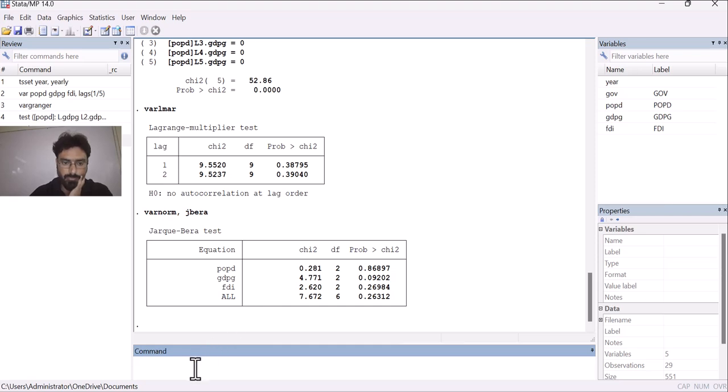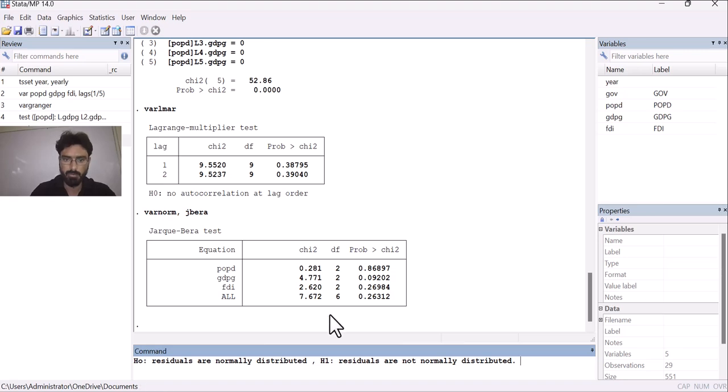So what is the H naught and H1? First of all, we have to make the null and alternative hypothesis, and after that we can conclude whether our residuals are normally distributed or not. The H naught is residuals are normally distributed, and the alternative is residuals are not normally distributed.